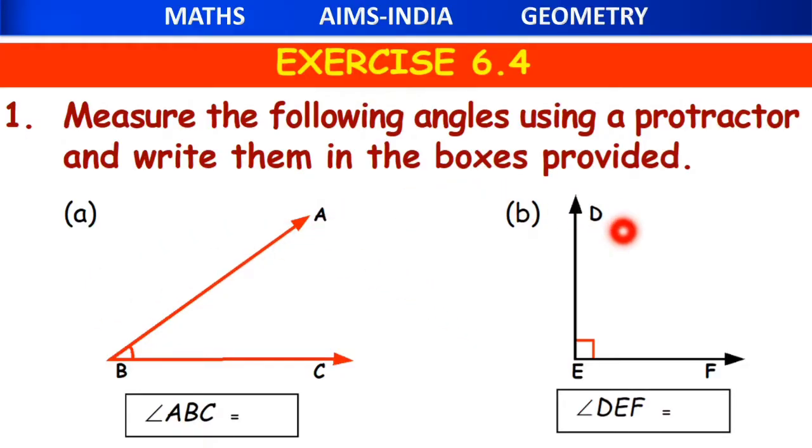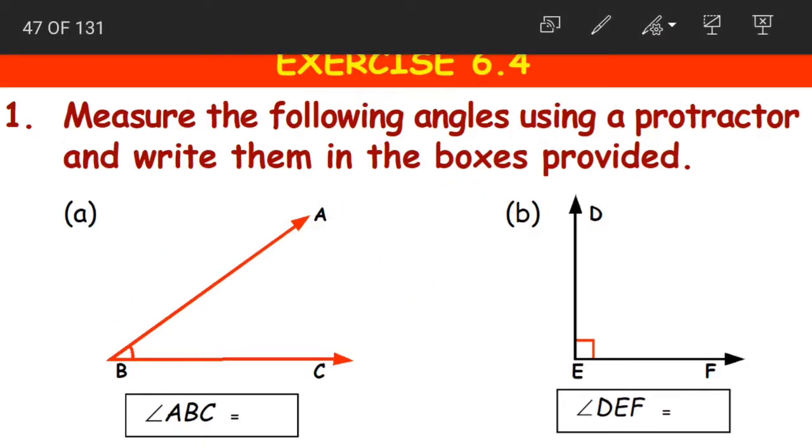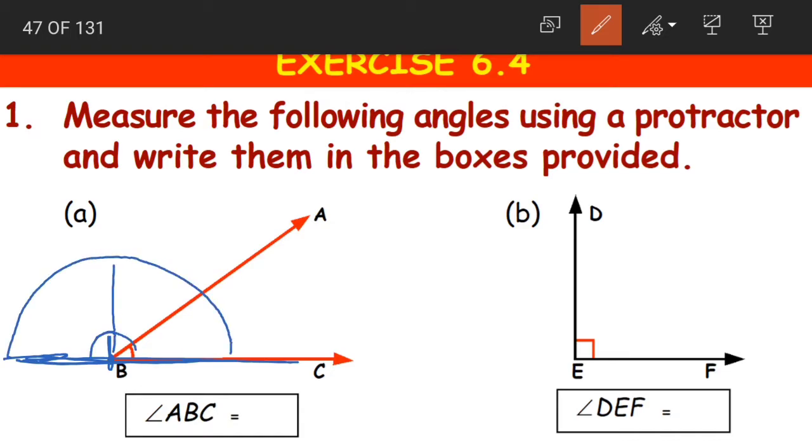Children, so here are a few more exercise problems. Again let us revise what the steps are. First step is, let us take another color. Place your protractor like this so that it aligns with the base arm. Yes, and what is the other point that you should keep in mind? The center point, that is the 90-degree line, is the same as the vertex here. Yes, it is the same as the vertex.